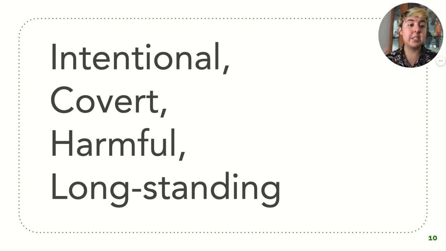An injustice is intentional. It has been created. Someone is acting upon it. Someone is creating it in order to lead to that deleterious impact. It is more often than not now covert than overt. We used to be like, well, I can see it, so it has to be a problem. Or we think we're not racist anymore, we're not homophobic anymore because we're not outwardly showing these biases. But the thing is, as it becomes more covert, we start to think of our blindnesses to all these issues that people are facing. And these injustices become even harder to address because they've gone under the surface.